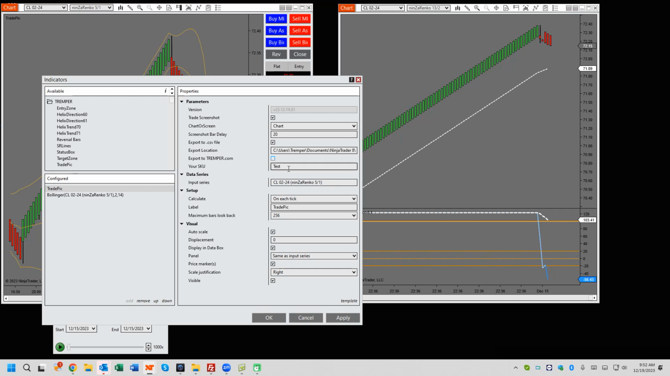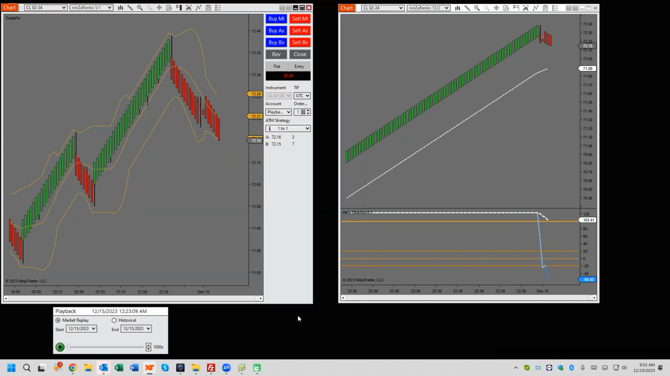And then the skew is just what you will call it. I use a numbering system, so I know what settings and what strategies go with what. For right now, I'm just going to call it test. And everything else here is your standard, normal business. Okay, so without further ado,